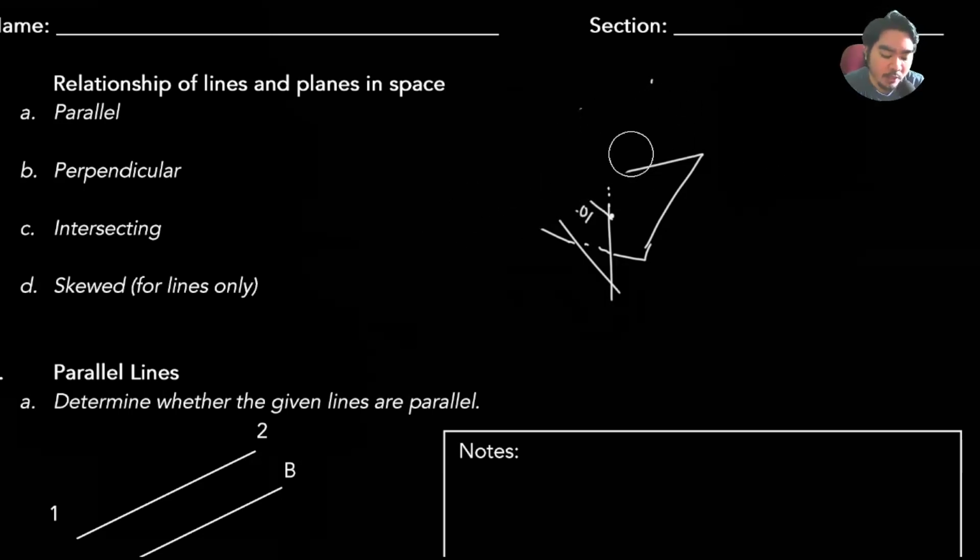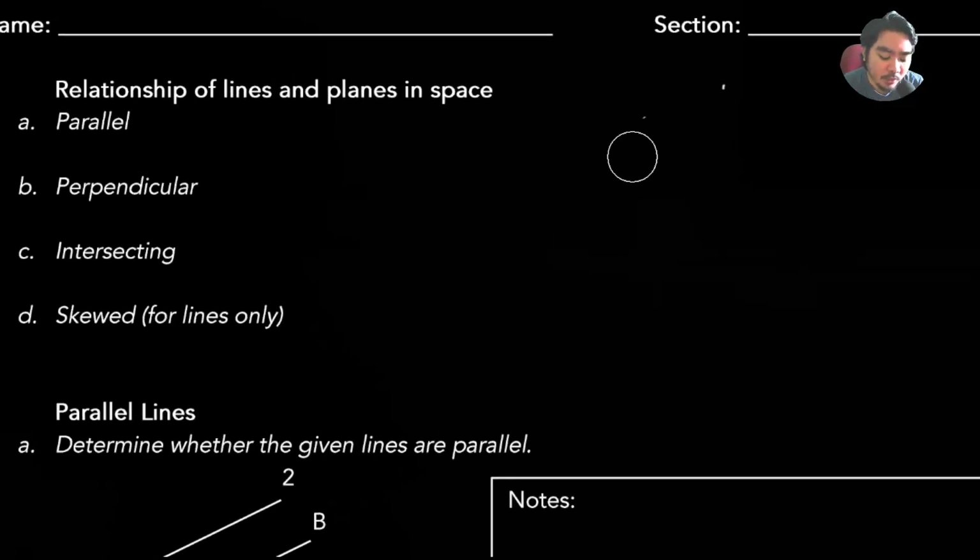Tapos pagka non-intersecting naman, so two planes can be non-intersecting, no? Or lines as well can be non-intersecting. If the planes are non-intersecting, then parallel sila. Tama? Pero for lines, a line can be non-intersecting despite not being parallel to each other. Okay? So mahirap siya i-drawing dito, no? So feel ko mas madaling explain kung if I do